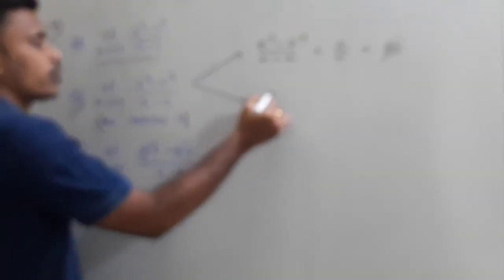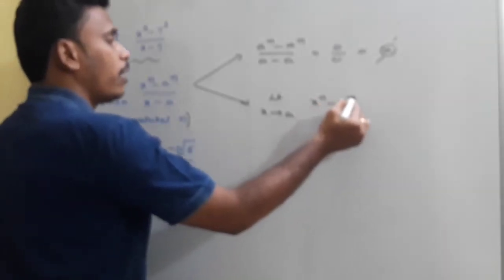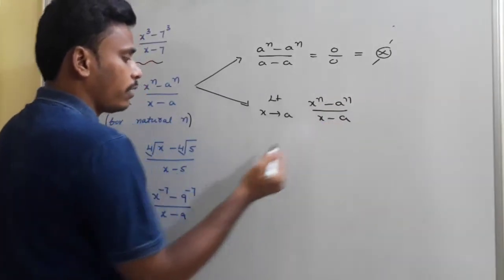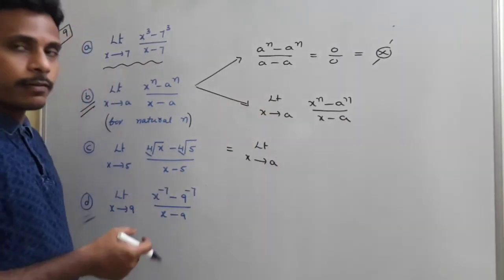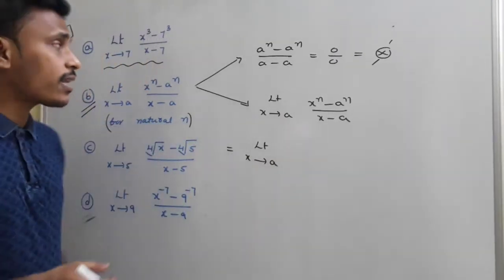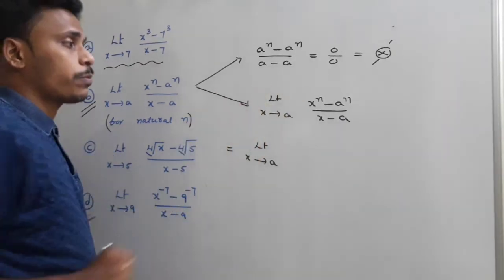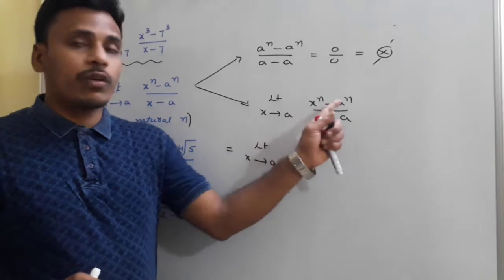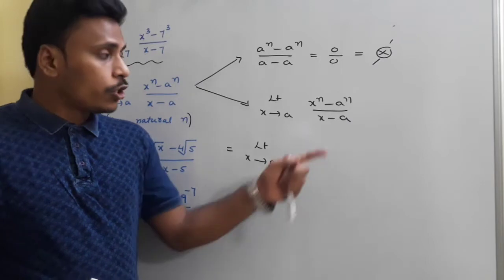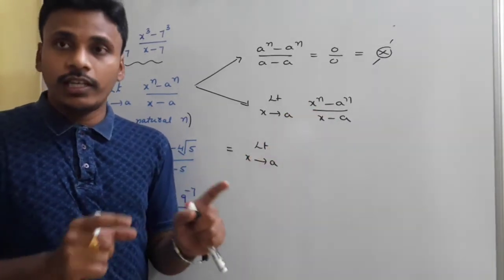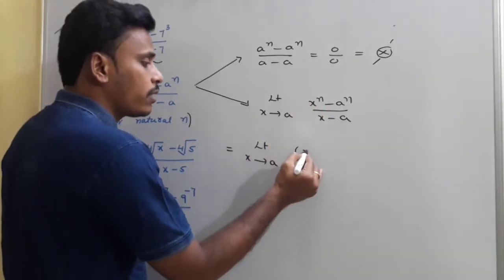So here, limit x tends to a. The numerator is what? x power n minus a power n divided by x minus a. So this equals limit x tends to a. Think about the numerator, x power n minus a power n. Just like we factorized x minus 7 cube, here we need to factorize this x power n minus a power n. We have a specific factorization for this. If you don't know that factorization, you just divide the numerator by the denominator with the division of polynomials. In any way, you can realize that this x power n minus a power n is simply nothing but